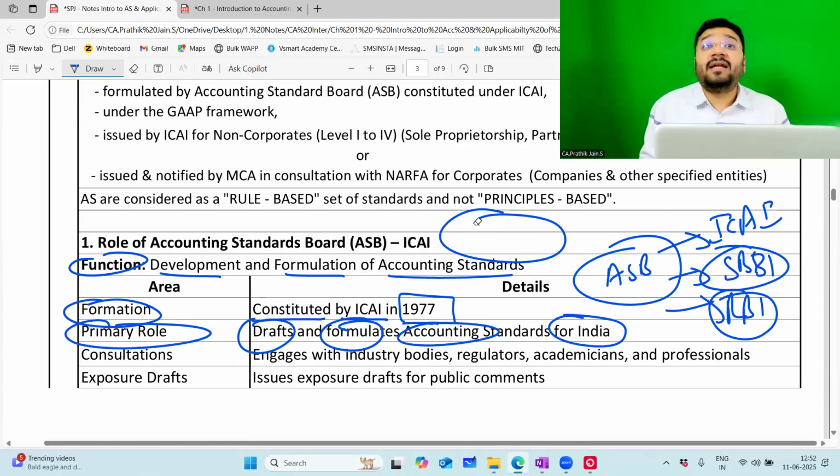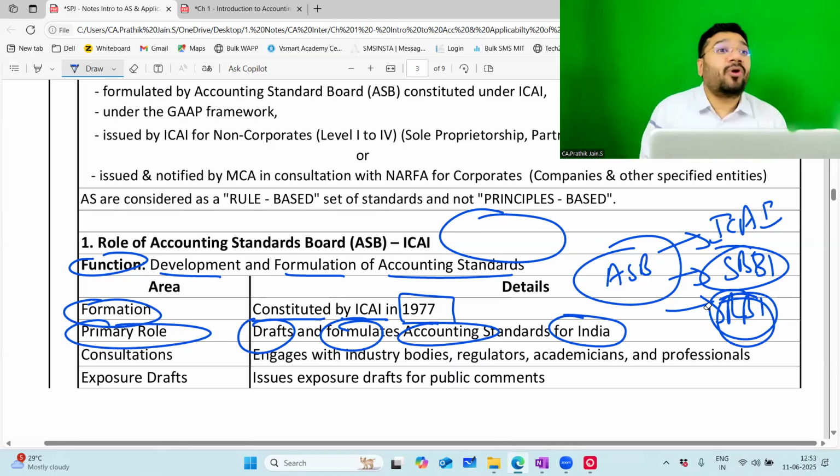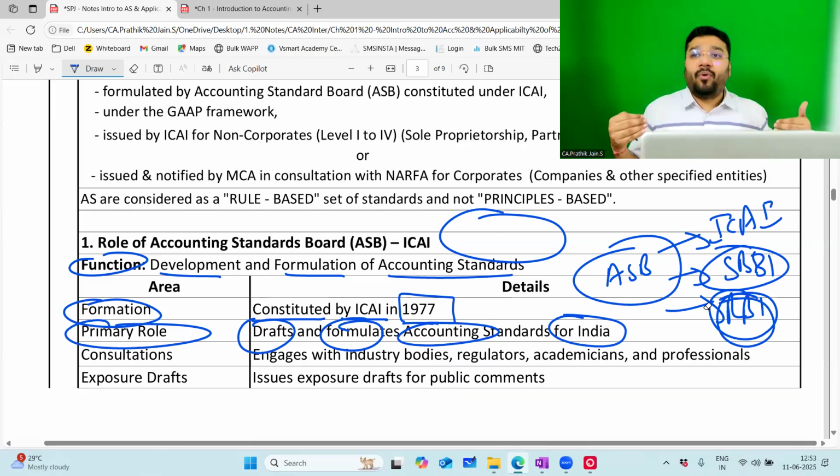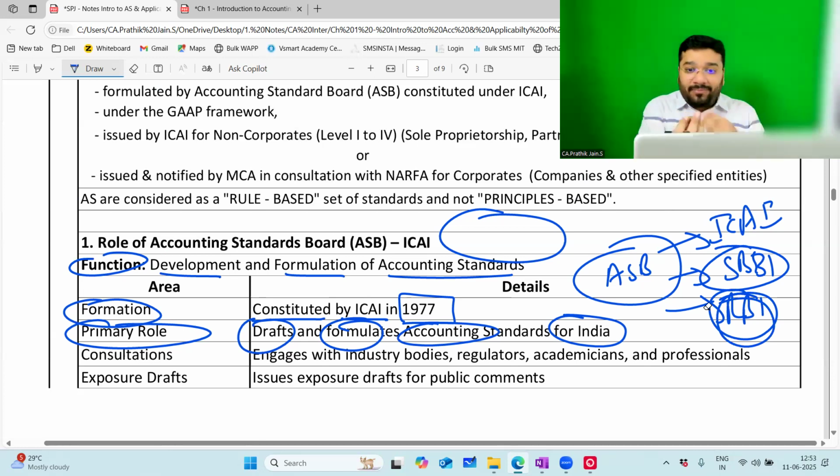There were a few people representing the industry. There's somebody called an industry leader who represents the entire business community. There's one person representing SEBI. There's one person representing RBI. There's one person representing C&AG, Comptroller and Auditor General of India. So we have big boards. We have CBDT, Central Board of Direct Taxes. So across multiple boards, we had one representative coming from each and every board. They all became the members of ASB so that we can take input from multiple people.